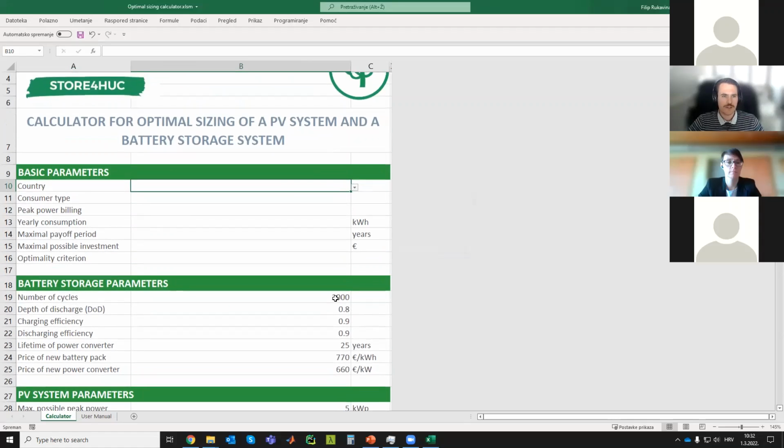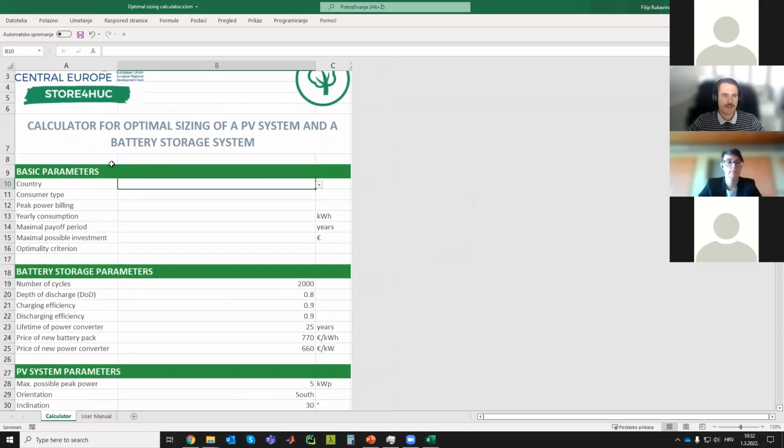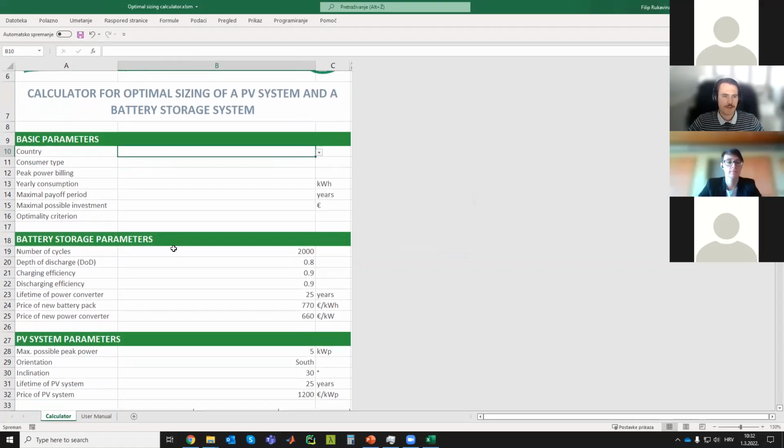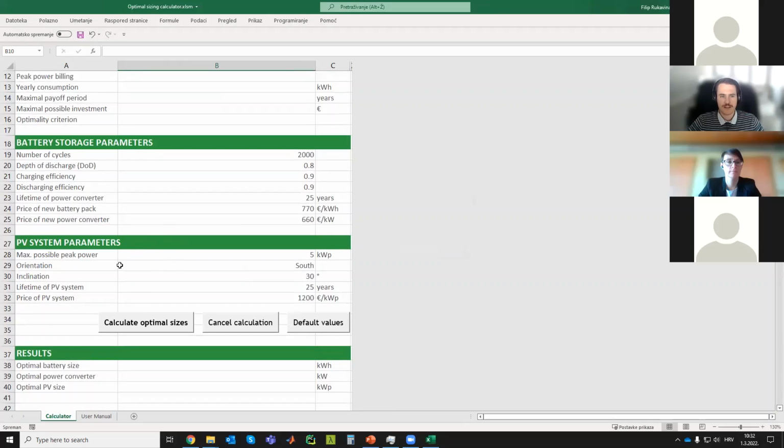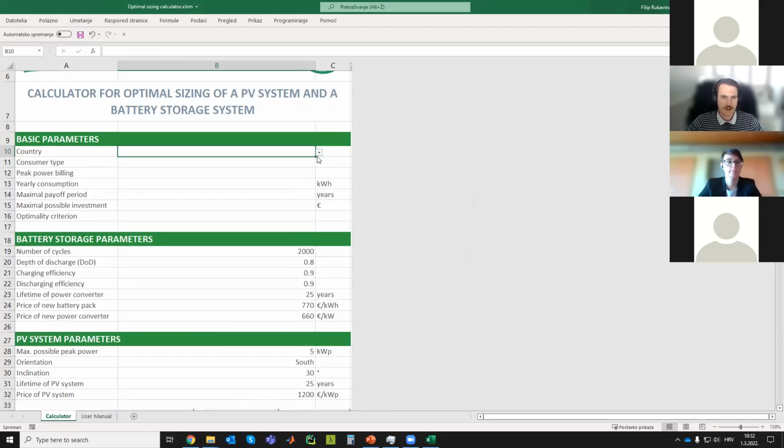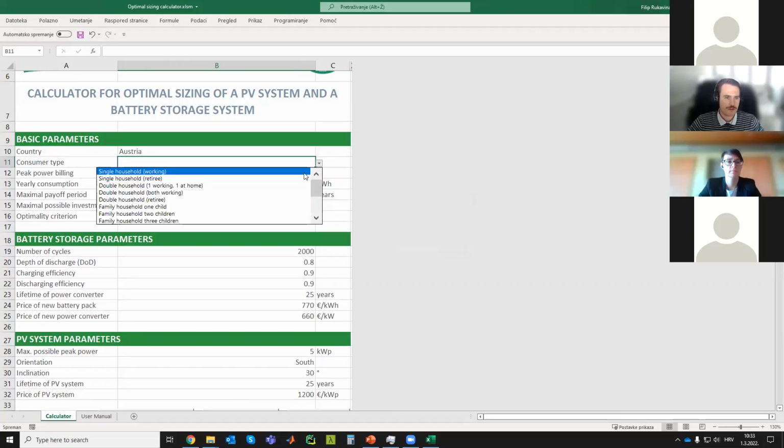So how to use it? We have some basic parameters of the consumer, battery storage parameters, and PV system parameters. So for a start, I will just enter some of the parameters just to show you. So let's say the site is in Austria, consumer is